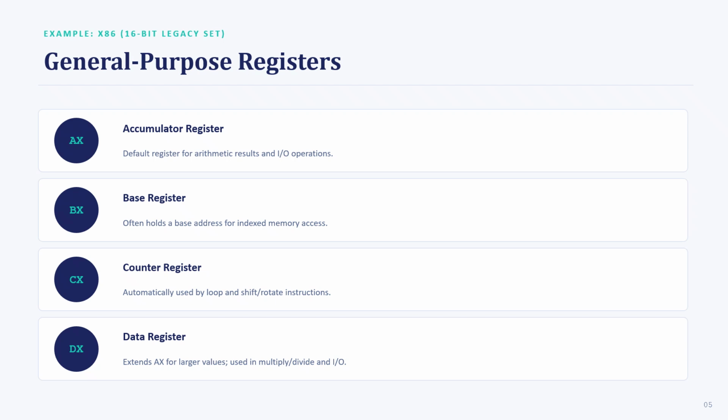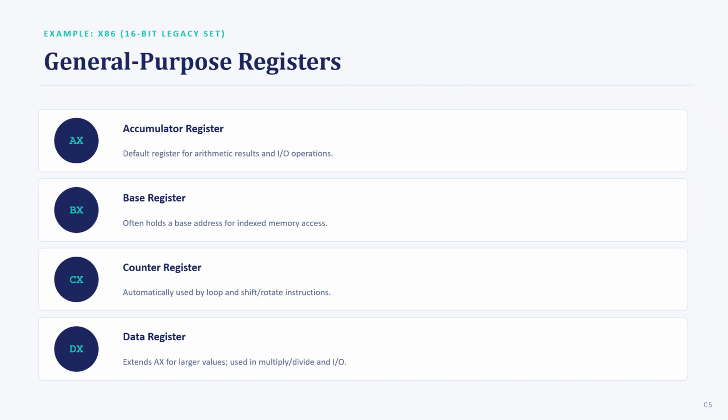Next, BX, the base register. BX is commonly associated with holding a base address, especially in indexed memory access. CX, the counter register. As the name suggests, CX is typically used as a counter. For example, in a loop operation, CX can be used to keep track of how many times the loop should execute. It is also associated with the shift and rotate instructions. Finally, DX, the data register. DX is used in several arithmetic operations, particularly multiplication and division, and also in certain IO